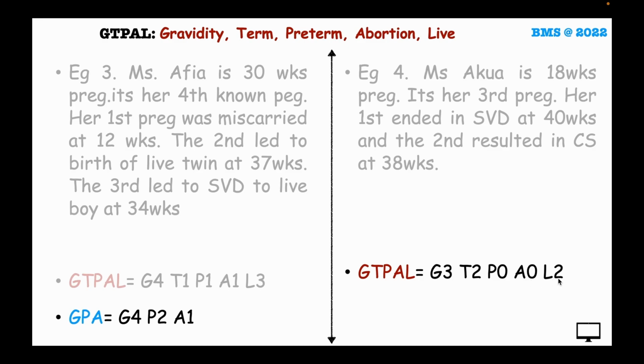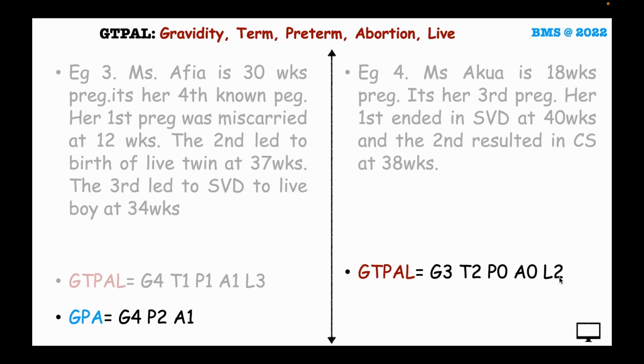2 live babies. Gravida 3 because we said it's her third pregnancy, and we have 2 terms because her first ended at 40 weeks and the second also ended at 38 weeks, so she had 2 term deliveries, and she's not had any preterm, so P0. She's not had any abortion, so A0, and the 2 babies are alive, and so we have